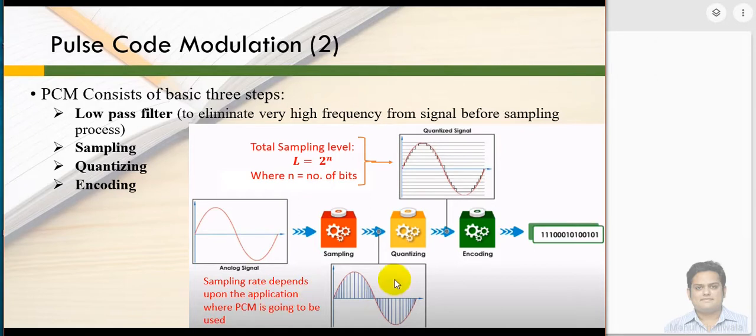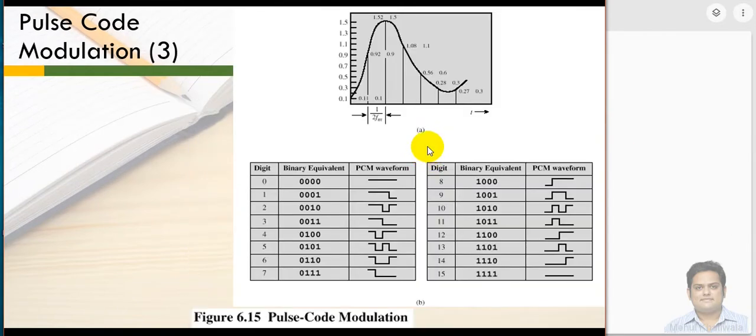Also, I just forgot to mention that whenever you are applying the sampling criteria, you are actually generating the PAM values. So PAM is nothing but the pulse amplitude modulation values, right? So we'll take one example for that purpose, so it will be very much clear now. So these are the 3 basic steps you are going to perform for transmitting analog data, or for converting analog data into digital, and then this digital data needs to be transmitted over the channel. Right. So now let us take one example.